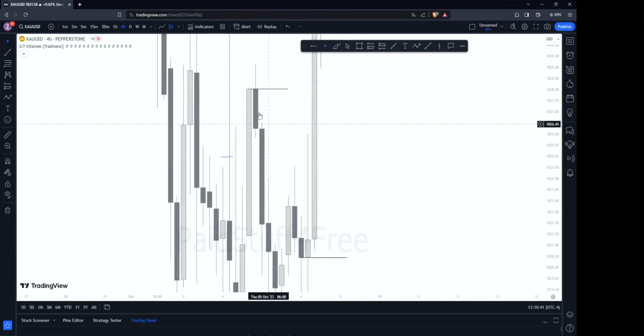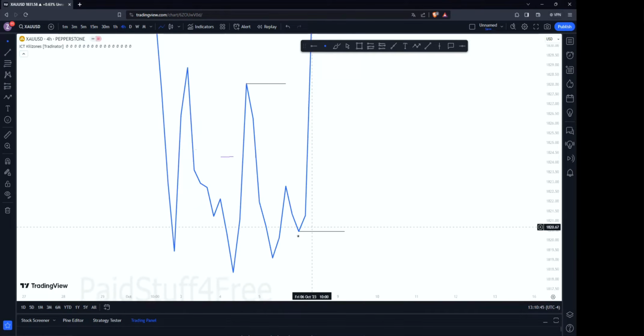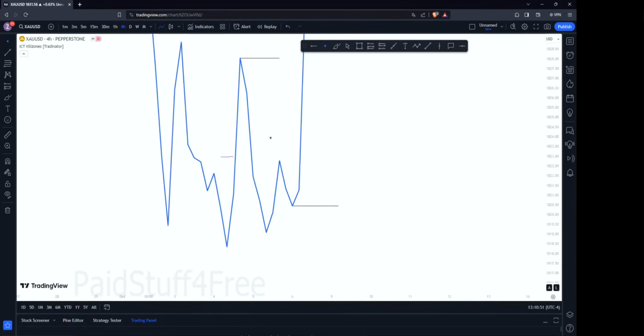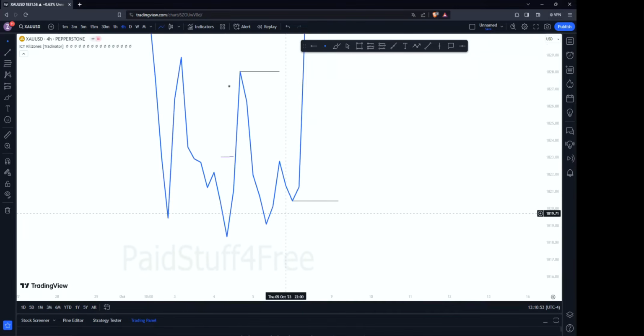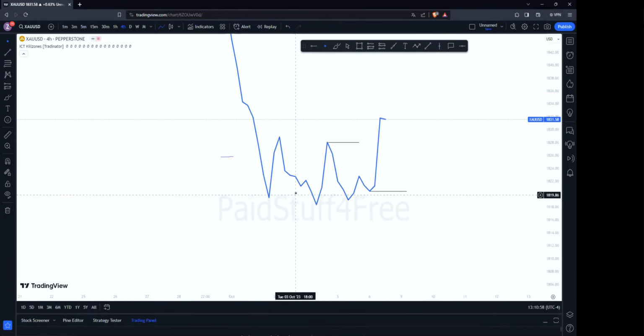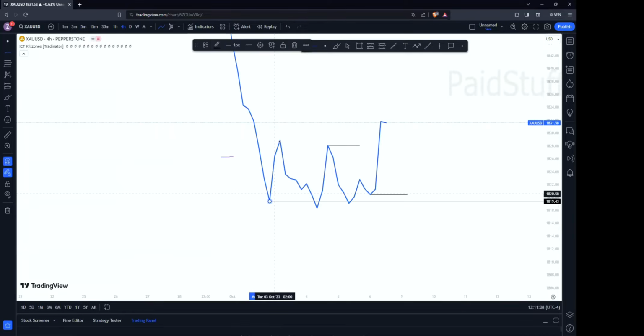Why do you call them A and V? When you go to the line chart, this gives you the shape of a V in it. See that? V, A. So these two things are called the A and the V. And on the line chart, as you can see, you have a lot of curves. See this little curve, curve, curve. All of these are closing prices, and all of these are key levels.